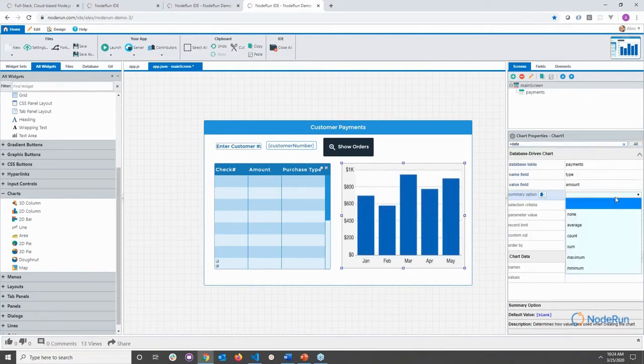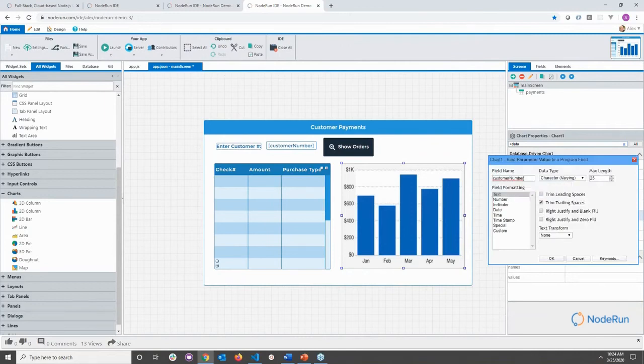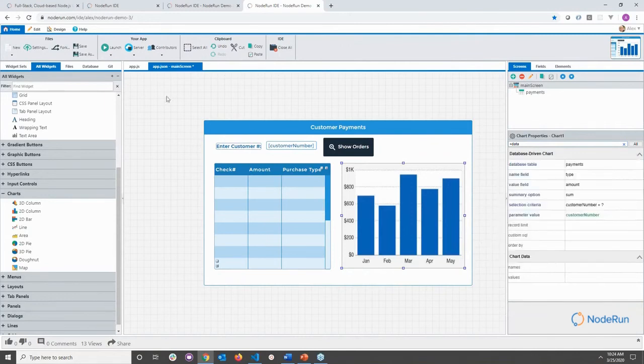I can show the average amount, or I can show the maximum amount, but in this case, we're just looking for the sum. And again, I don't want to see all the payments. I want it to be just for the current customer. So customer number equals question mark, and then the parameter value of customer number right here will make that happen. So let's go ahead and click save,